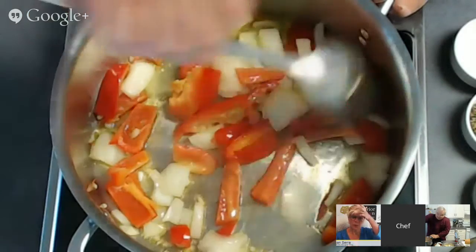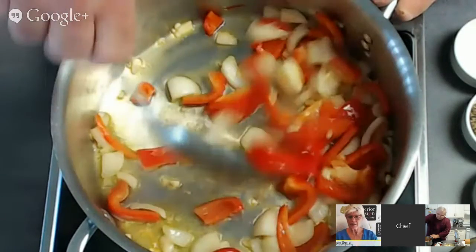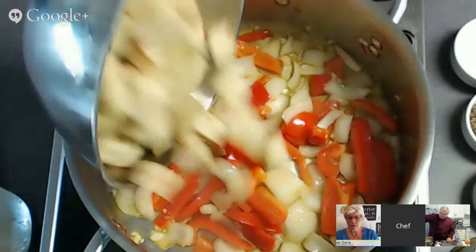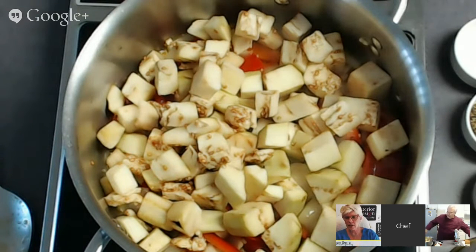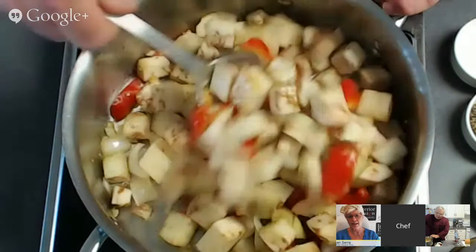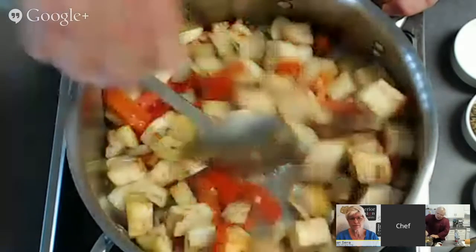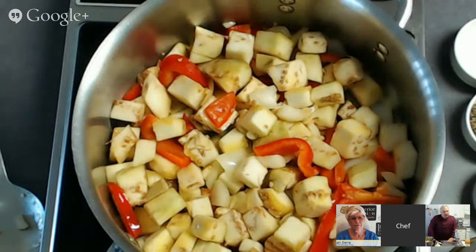And now, what about the peppers? They take quite a while to become tender. Don't you think they take quite a bit longer than the onions and the garlic and the other vegetables? So will they continue to get tender, or will they stay tender? And this is actually going to cook down a little bit longer. This is more of a sauce type ratatouille than just a vegetable ratatouille,